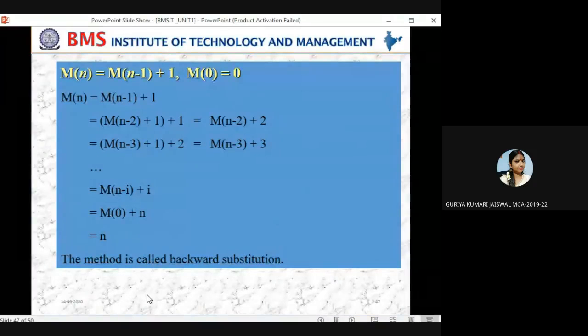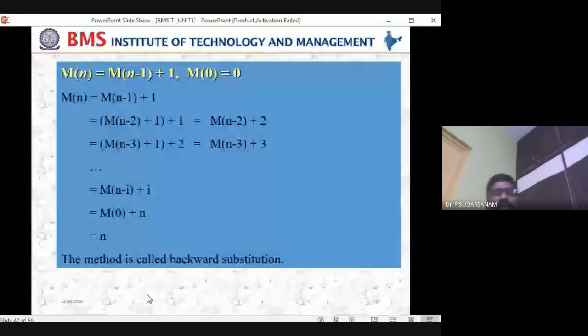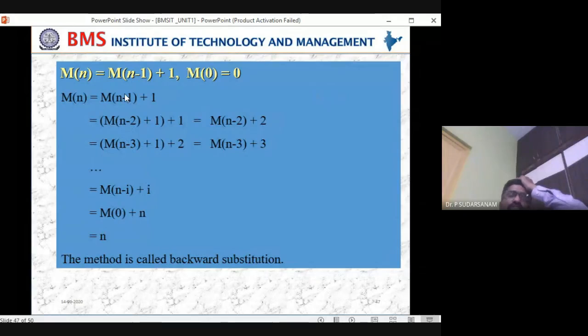The second statement: n minus 1 you have substituted in the first equation, the remaining 1 as it is you write it. So it will become n minus 2. Now n minus 2 you substitute it in n minus 1. This is what is called backward substitution. Backward substitution also comes in numerical methods, but you are not having that syllabus. So now if you put n minus 2, already minus 1 is there, n minus 3. So plus 1, previous to this 2 as it is you are writing. So n minus 3 plus 3, and put dash dash dash.